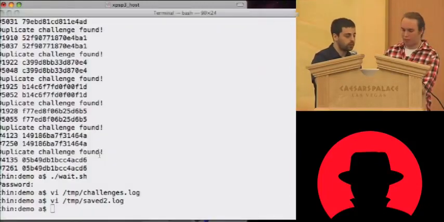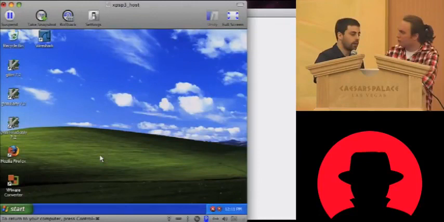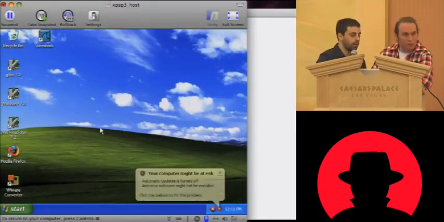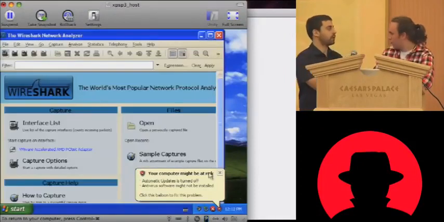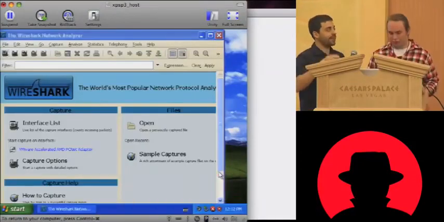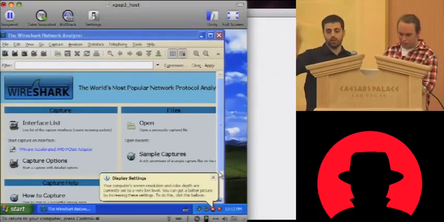Now we have to wait. How much time do we have? 20 minutes? All right. So now this is like attacking a different machine or coming back to the same machine